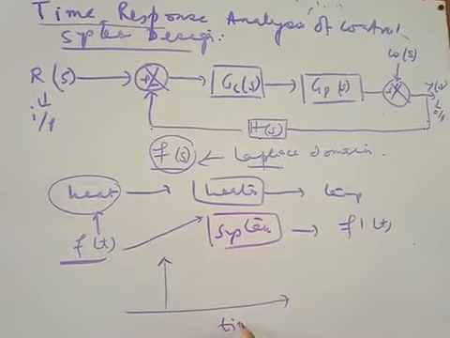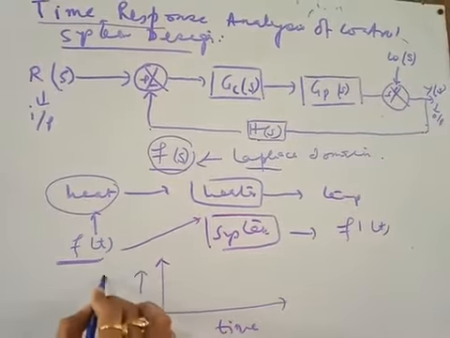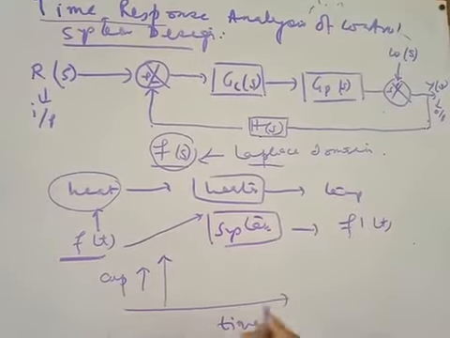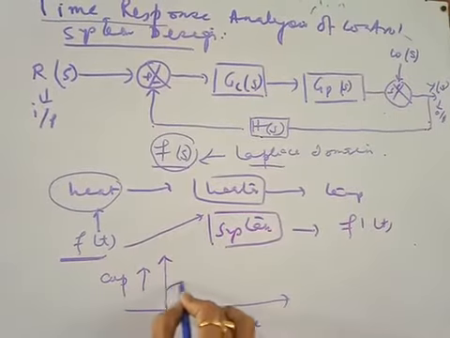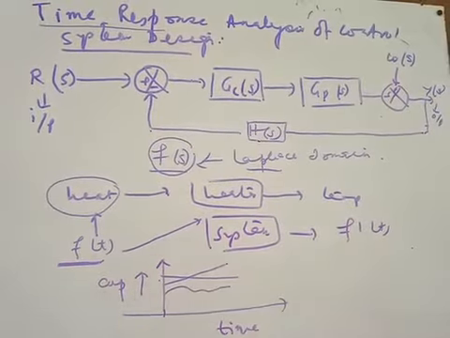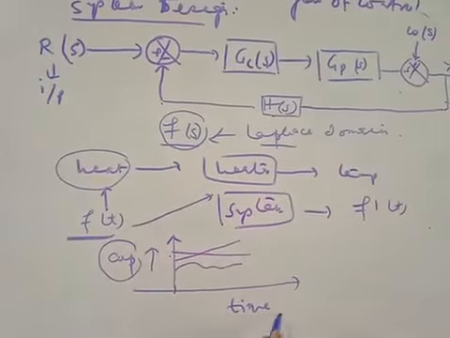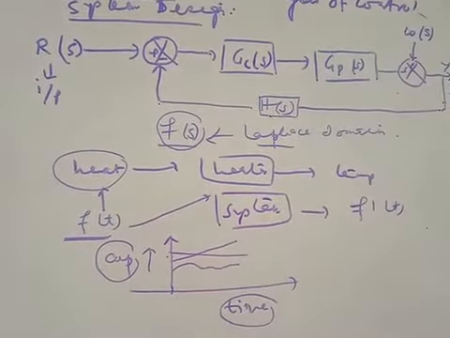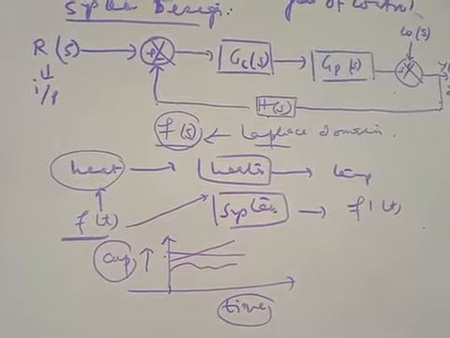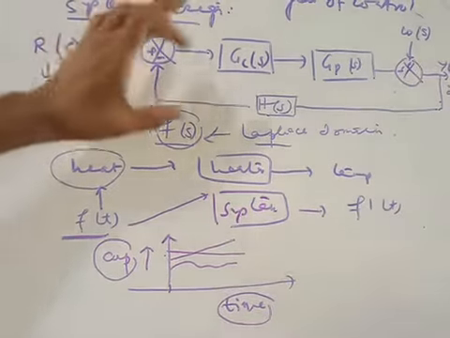What does it mean? It means that its amplitude varies with time, maybe like this, maybe like this, maybe like this, whatever may be the different types of shape, but its amplitude normally varies with time, maybe input and maybe output. Okay, now whatever I'm discussing, this is your basic block diagram.